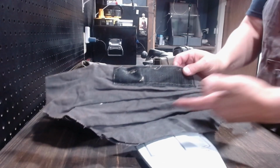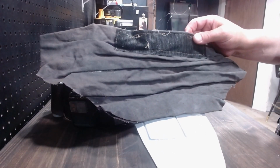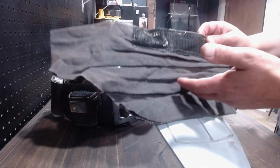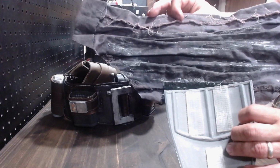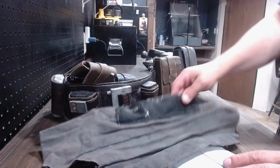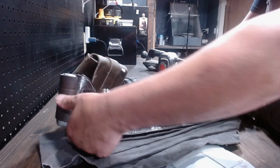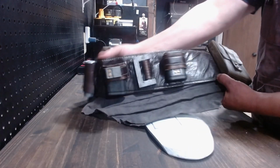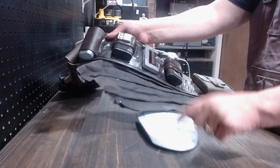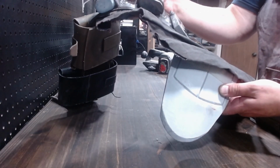because on Vizsla he has that. I don't know what it's called. I don't know why it's there, but it looks cool. So I have these, they hold in place. It looks ugly on the backside, but that doesn't matter because it serves its purpose. But that just velcros right onto there. And then when the belt is on, it holds everything into place. Once this is blue, it won't be blasting white in the picture, but